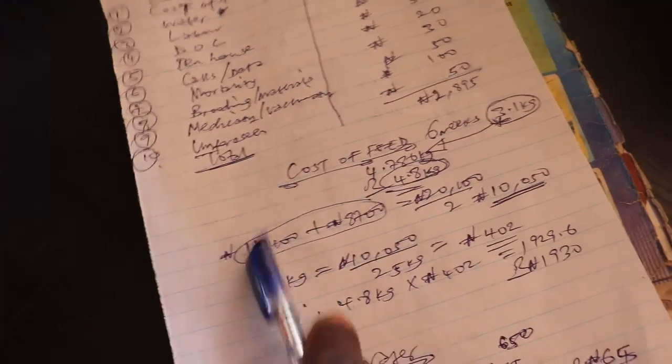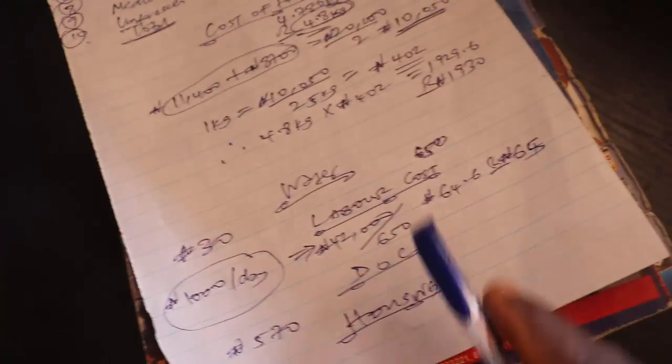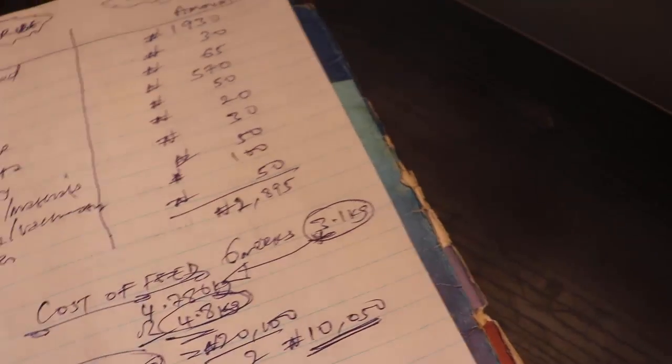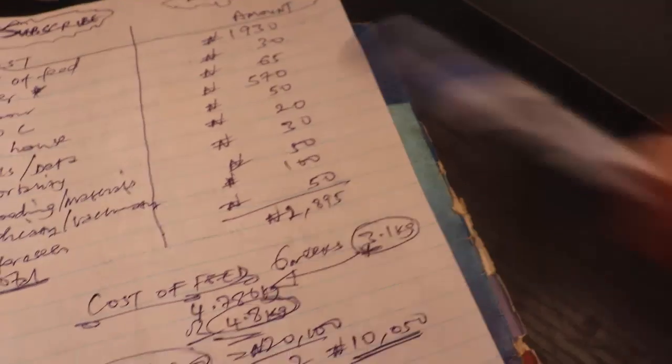The money increased because of the cost of feed and also the cost of day-old chicks. That's why we have an exorbitant amount here. So as a farmer, let's assume this is what you spent, the cost of production, 2,895 naira. Now the next question you have to ask yourself, before you proceed, is